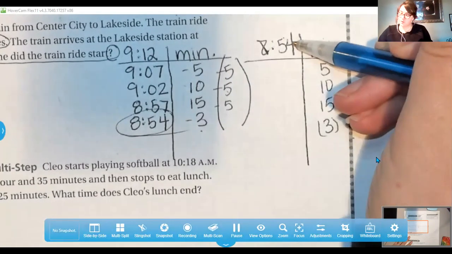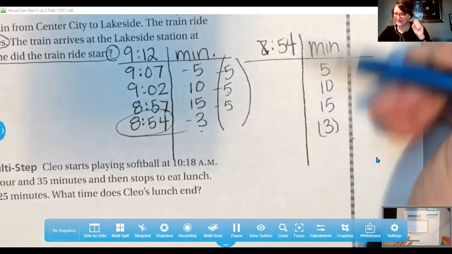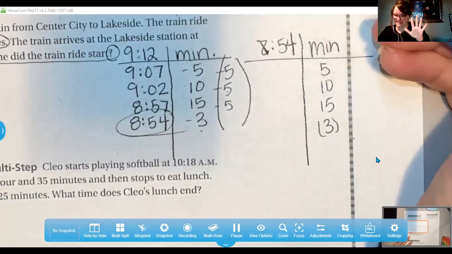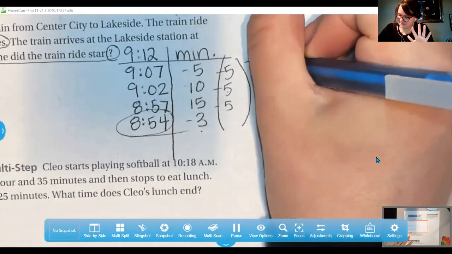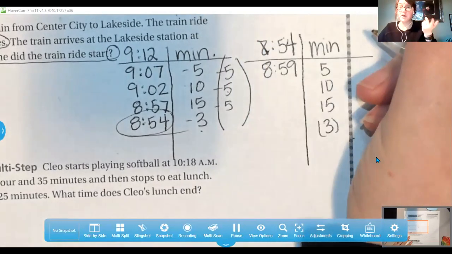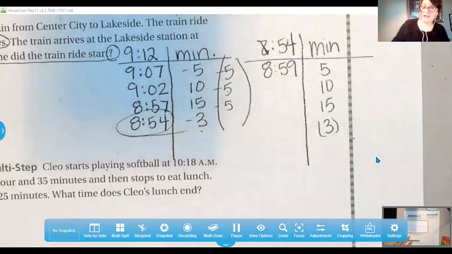So 8:54, 55, 56, 57, 58, 59. Remember, we're going forward in time, so it stops at 60 and we go ahead. So 59,